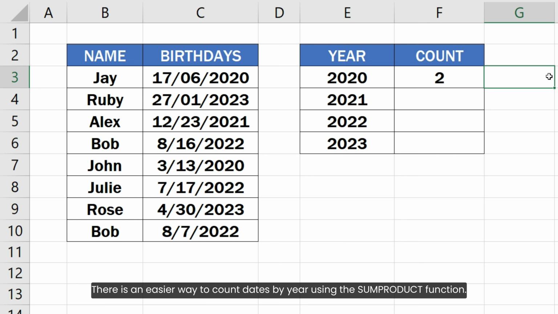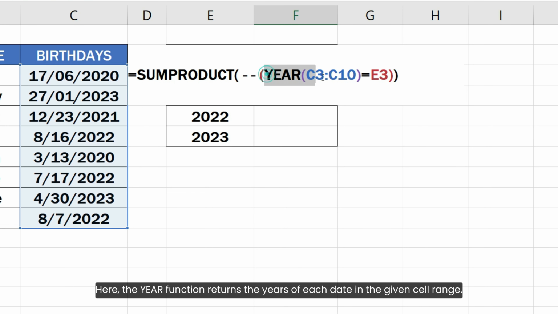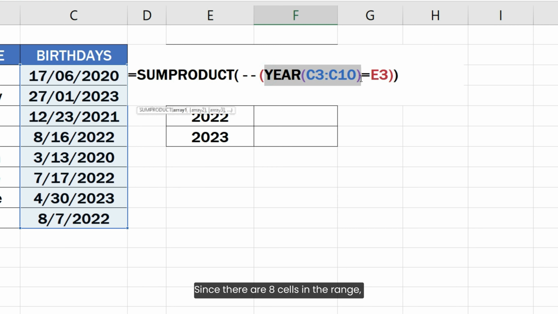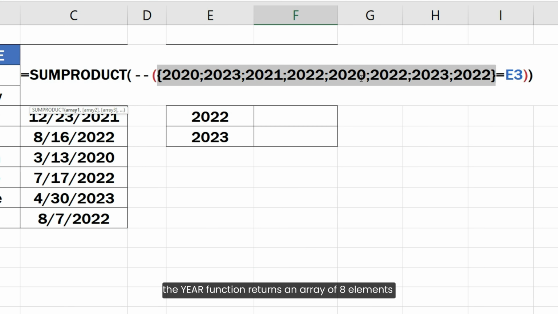There is an easier way to count dates by year using the SUMPRODUCT function. Here is the formula to do that. Here, the YEAR function returns the years of each date in the given cell range. Since there are 8 cells in the range, the YEAR function returns an array of 8 elements containing the years